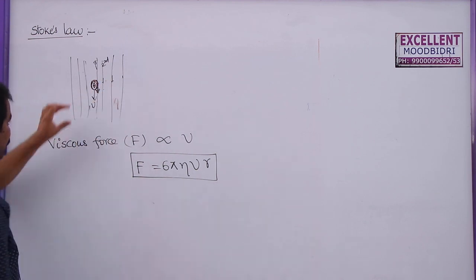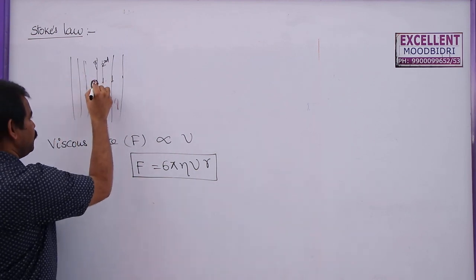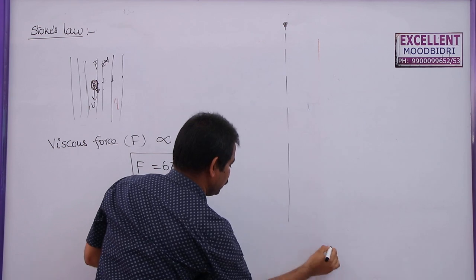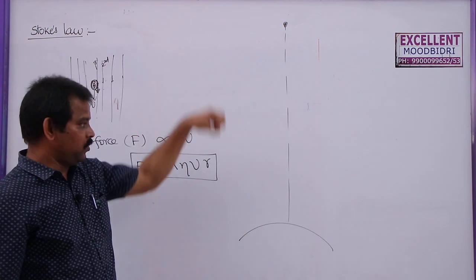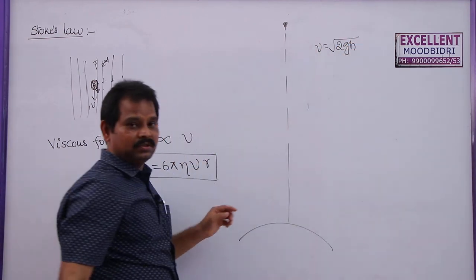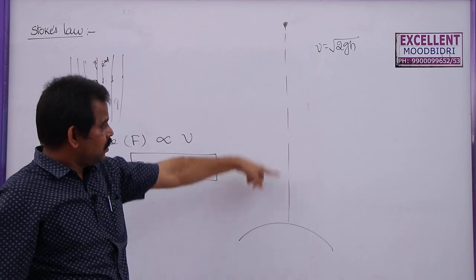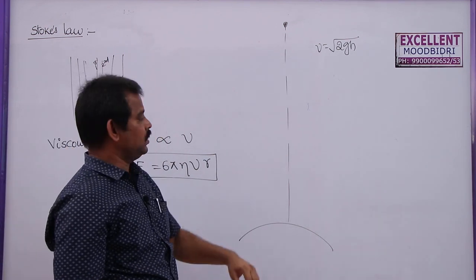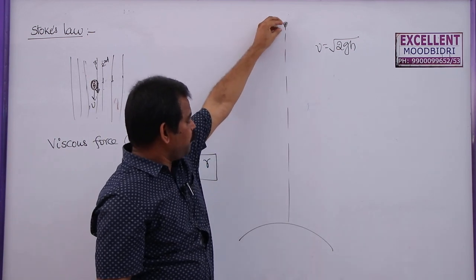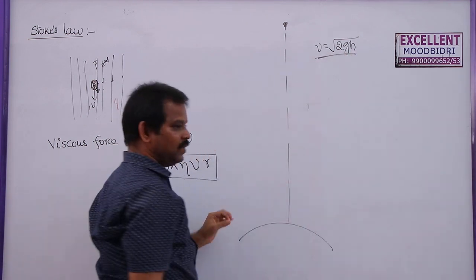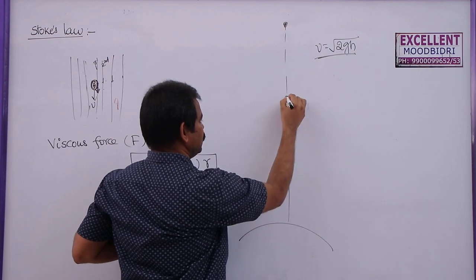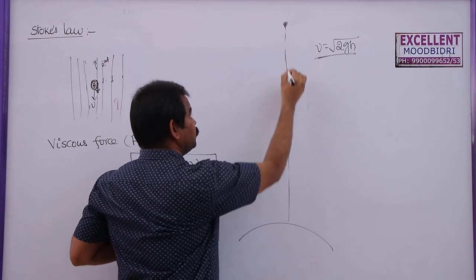Now, suppose you take a raindrop. A raindrop is falling from a great height to the surface of the earth. We know that for a freely falling body, the velocity is going to be root over 2gh, where g is 9.8 and h is some height, maybe 2 or 3 kilometers. This velocity should be very high, but the raindrop is not falling with this velocity. The velocity changes as it enters the atmosphere, and air molecules try to oppose the motion of the raindrop.